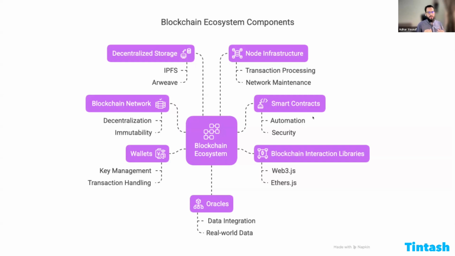And the business logic that you have for your particular application always goes into the smart contracts. But those smart contracts don't have access to real world data. So for example, if you are creating a betting application, if you are creating an application that relies on real world data, how do you get access to that? And that's where the oracles come into play. Oracles are data sources. They provide the data on which the smart contracts or your custom business logic can work. And again, all of the systems that we are looking at here are decentralized. So these data sources, which are oracles, are also decentralized.